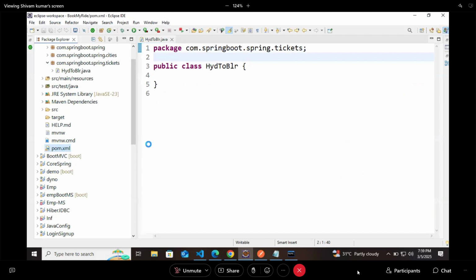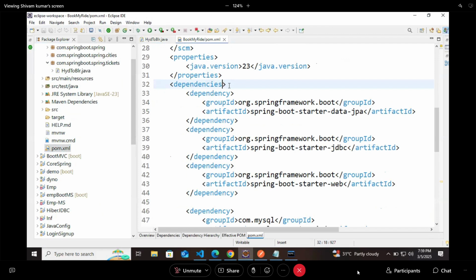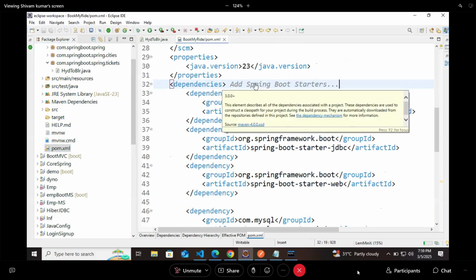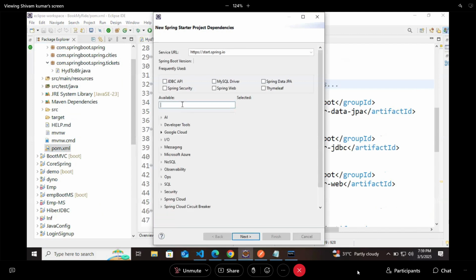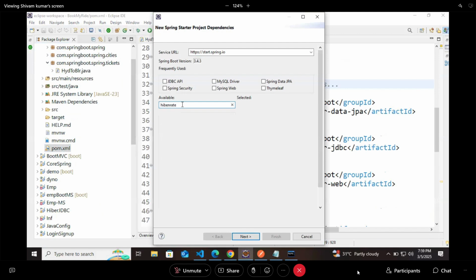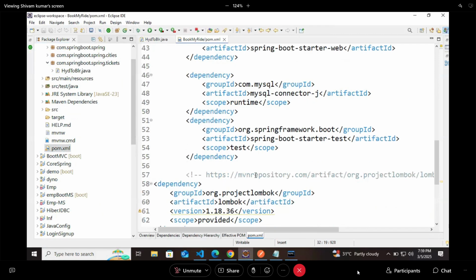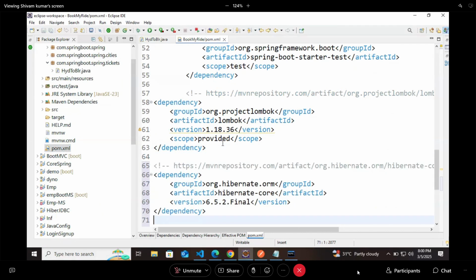But there, one thing I will show you: whenever you take your cursor to this dependencies section, one option will come, add Spring Boot starter. So click on this and it will open the UI here, where you choose what you want to add. So here I will search for Hibernate core. It will not be available as a starter because it's not a starter, it's a normal dependency. So here we'll keep that. That's it. We'll save the file and we will rebuild it. We are building,